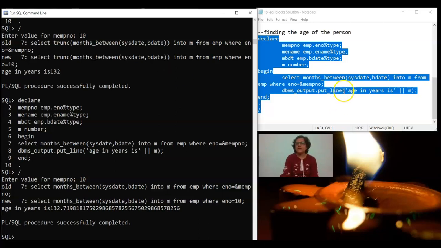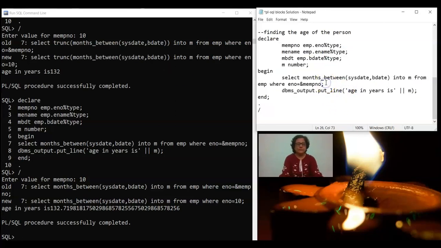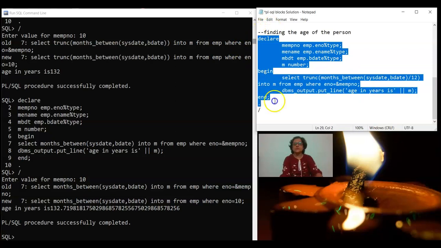So better I would give Control Z. And instead of trunc, you can give round also. Please try both the things. So trunc, how many brackets? I suppose it is correct. 2 brackets this side, 2 brackets this side. So I'll try to execute it now.